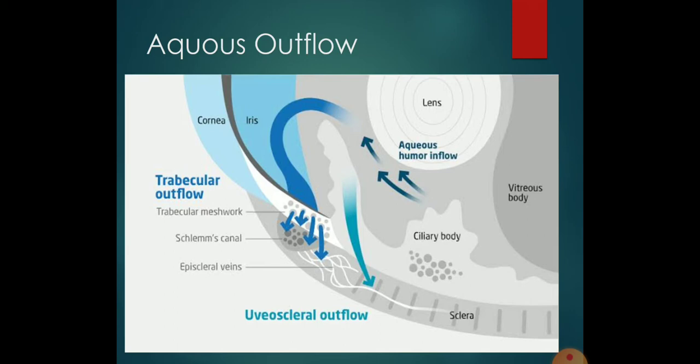The condition may be either primary or secondary. The etiology of primary glaucoma is not known. The common causes of secondary glaucoma include inflammation like iritis, iridocyclitis, neovascularization, pigment dispersion syndrome, and drugs. Our main focus in the discussion of this topic is primary glaucoma.